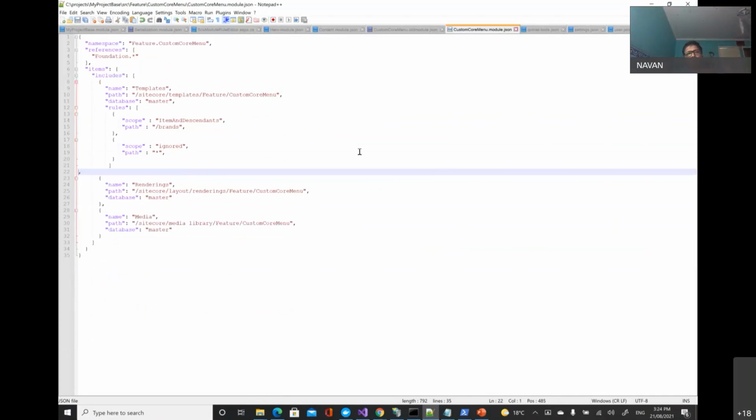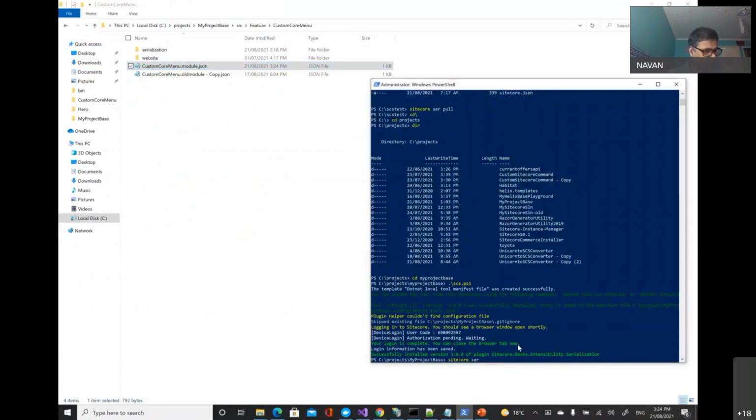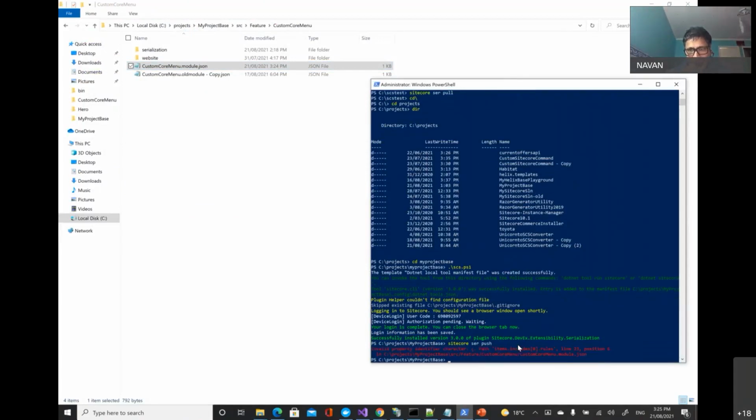Okay, cool. Now if you send a push or pull command, it should follow this pattern and push only what is required. So let's try SCR push. Let's see what happens. I hope it works. There's an error. When I deleted, I probably removed an extra bracket.